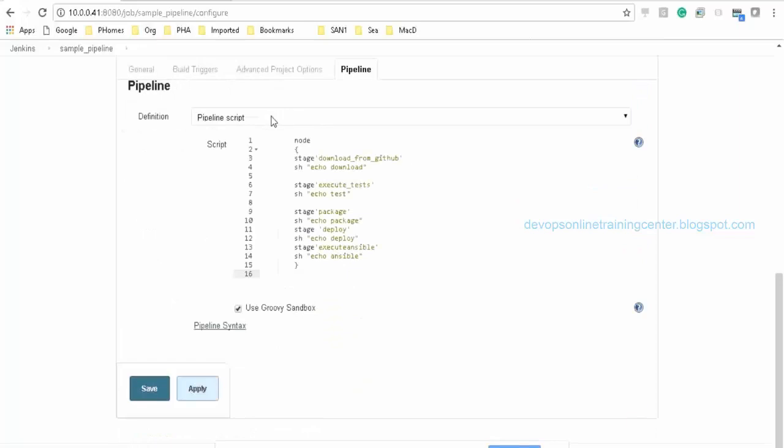So here there is an option to directly give the pipeline script in the Jenkins, or there is an option